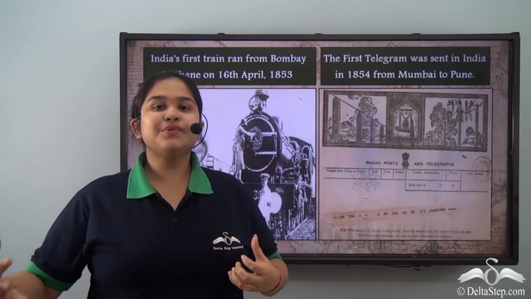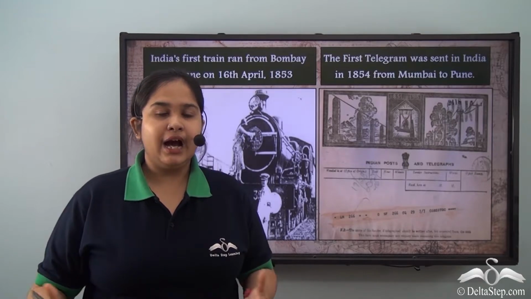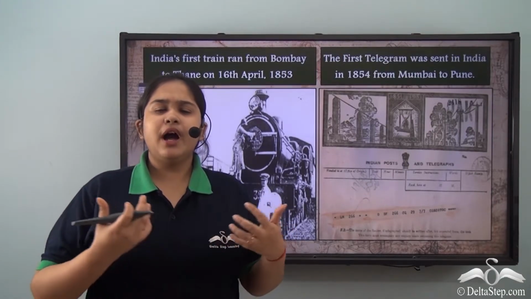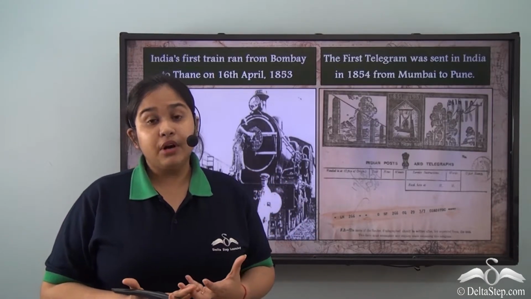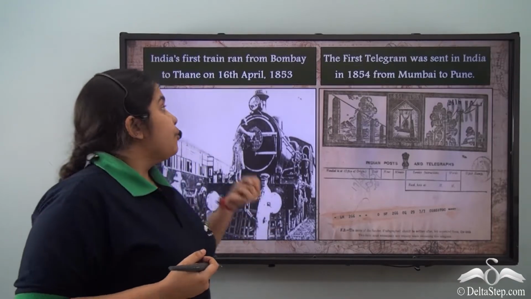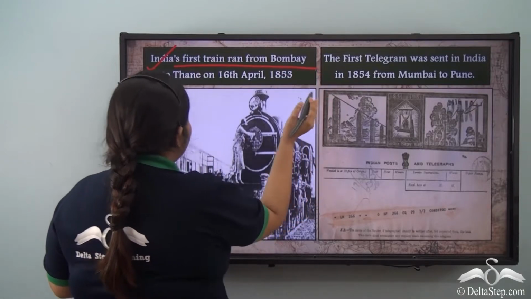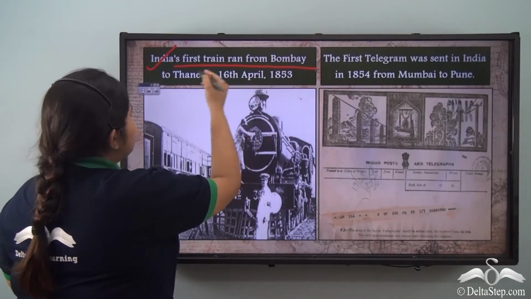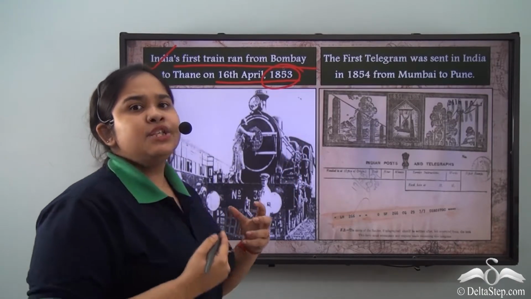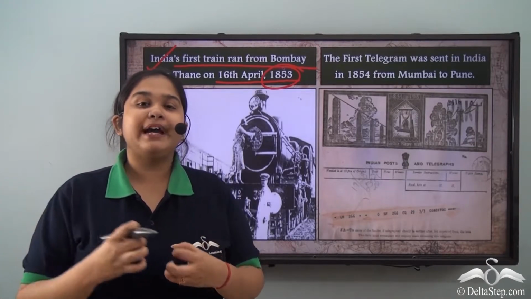So the colonizers were of course foreigners. It is a foreign rule that is coming in to govern India, and the foreigners were expected to understand everything, to understand how India works per se. So a very striking change was that when the first train was established in Bombay, which was to run from Bombay to Thane in April 1853, Indians viewed this as a conspiracy against them that was hatched by the British